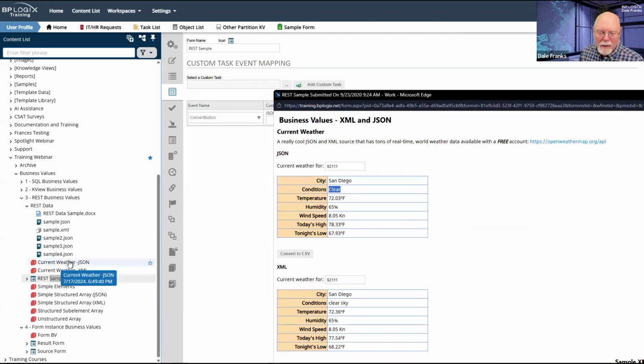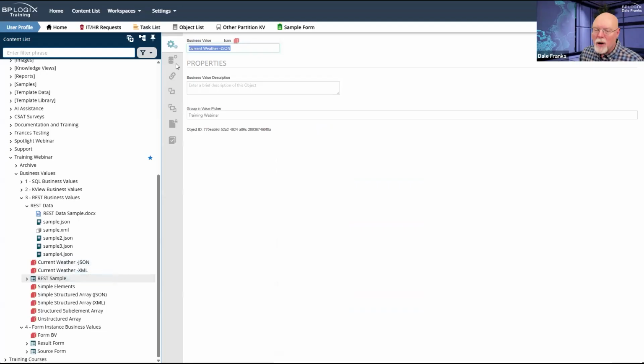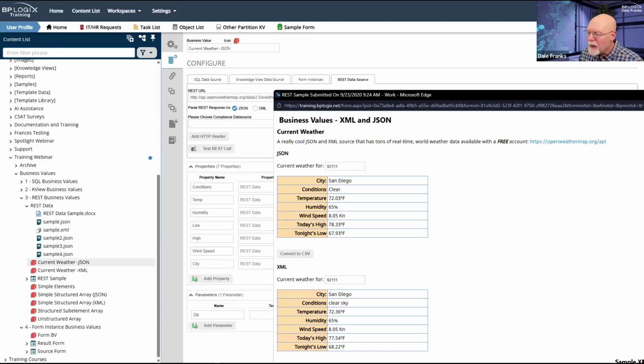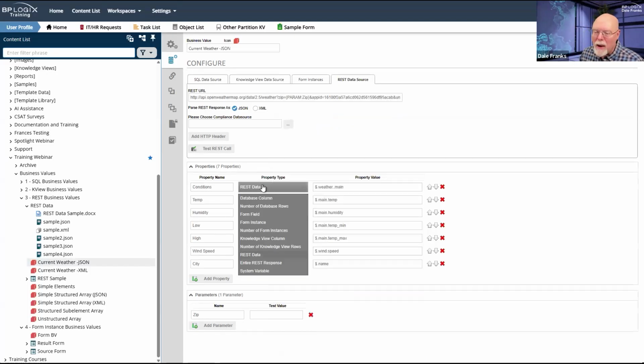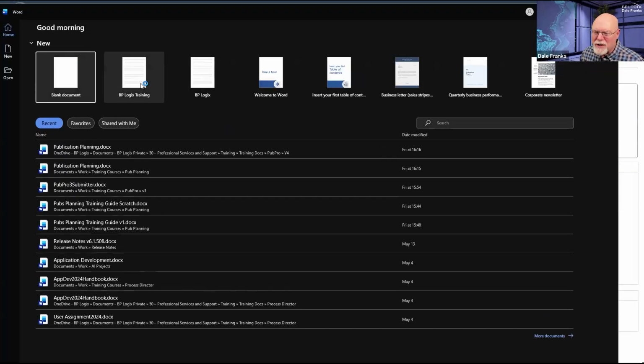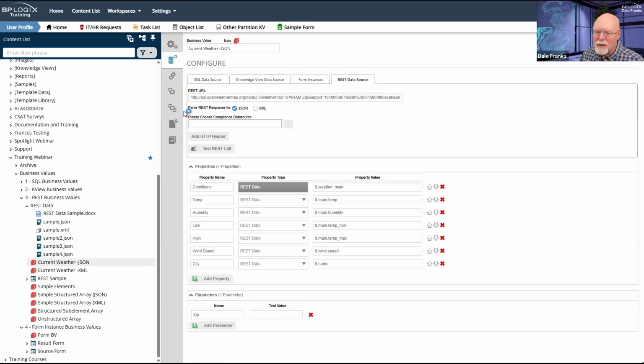So I think I would probably want to go in and make that change to, well, I'm pulling weather main. I think now I have to open up the Word doc again to be sure I have the data structure correct. It's always good to pull this data structure back so that you can actually see what it is that you're doing here.